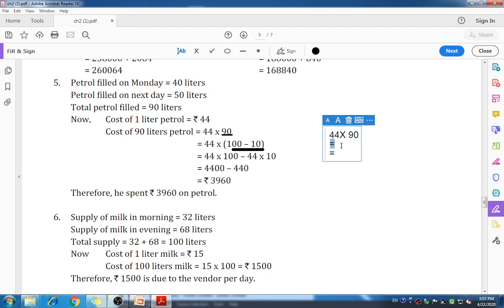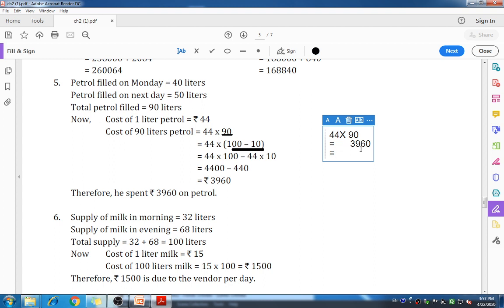So I will write here 0. Then 9 fours are 36. So I will write here 6, carry 3. Again 9 fours are 36, and carry 3 will become total 39. So my answer is